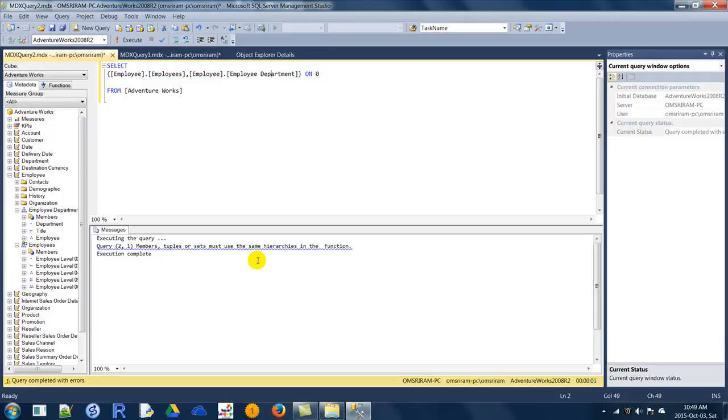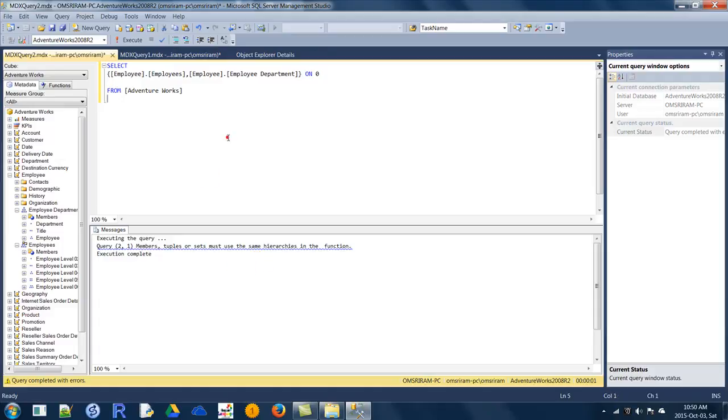You can put two different hierarchies from different dimensions on the same axis, but you cannot put two different hierarchies from the same dimension on one axis. But what you can do is put this in some other axis, which is the rows axis.